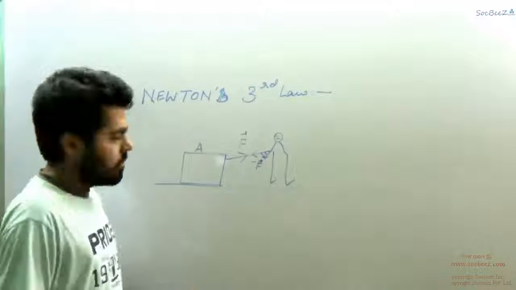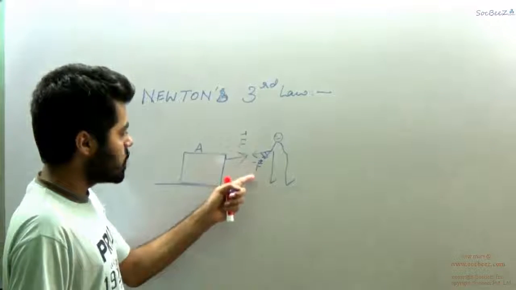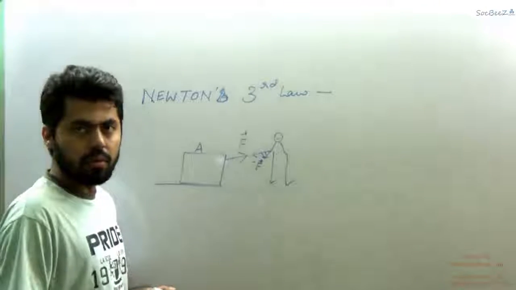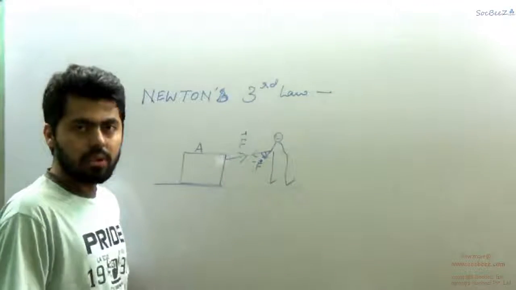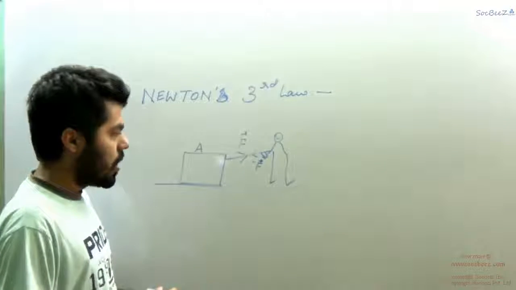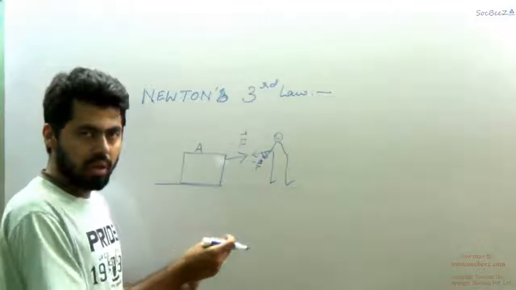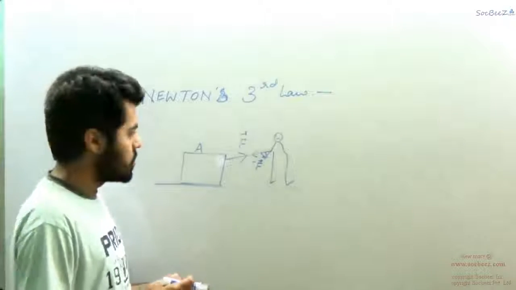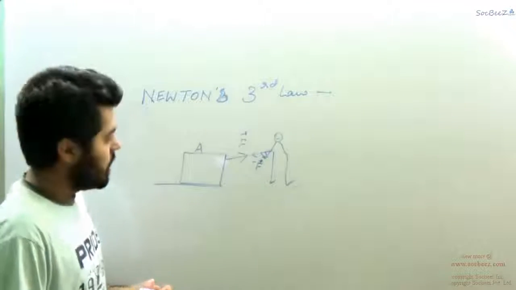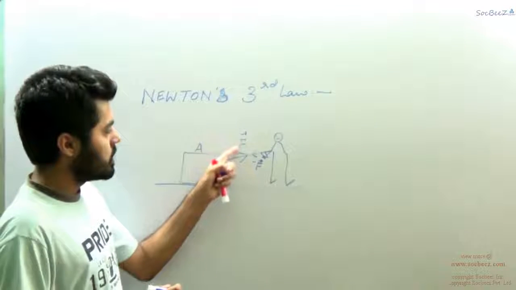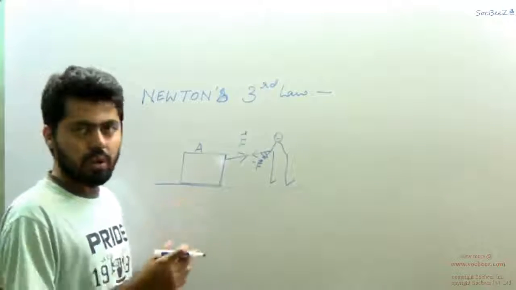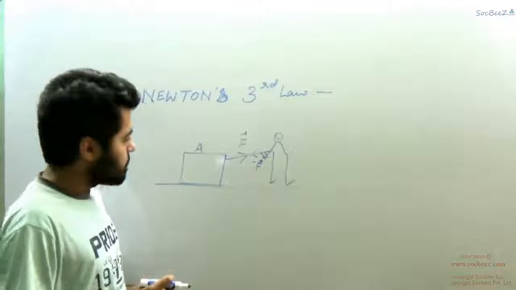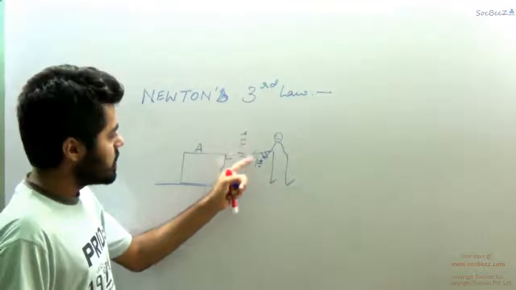Now if I say that since there is one force F and another force minus F, ultimately the system should be at rest. The net force cancels out, because if we add these two forces the summation will be 0. So how do we find that if a person is pulling a block, the block gets dragged? The person does not get dragged, rather the block gets dragged. So what is the physics in this? If we see it one way, this force F and this force minus F, the net force on the system cancels out. The mistake is that we cannot just cancel out these two forces,